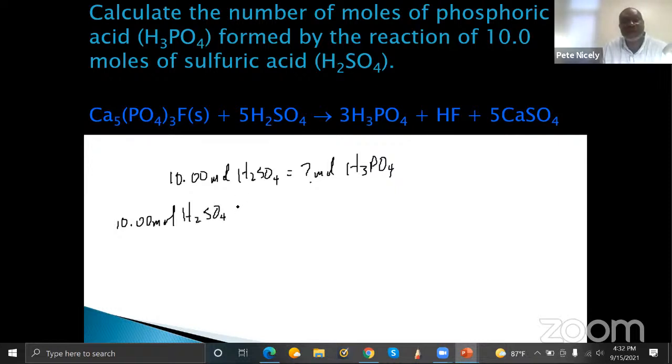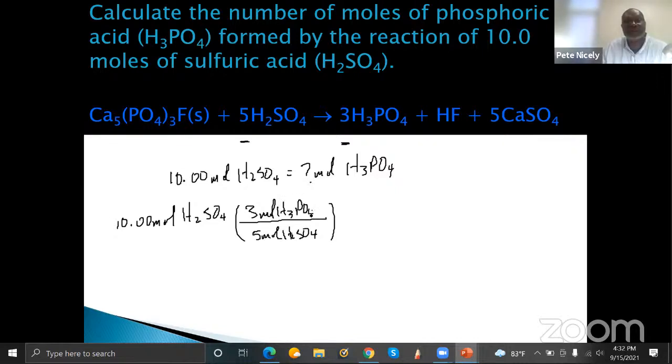And then I would multiply that by the mole ratio between the sulfuric acid and the phosphoric acid. That's a 3-to-5 mole ratio. So I'm going to put 5 moles of H2SO4 down here and 3 moles of